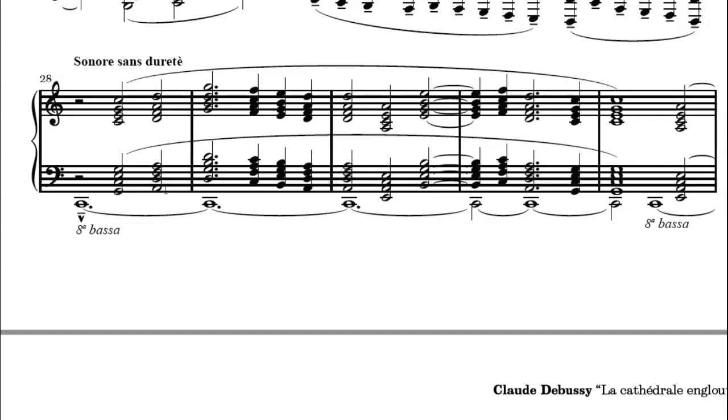And look at the technique that we see here. This is maybe one of the best examples of planing. So write this in your anthology here, measure 28. This section is planing. Debussy is taking a diatonic collection, in this case the C major white note collection, and moving through that collection with the same shape of voicing over and over and over. All of the intervals are remaining the same.